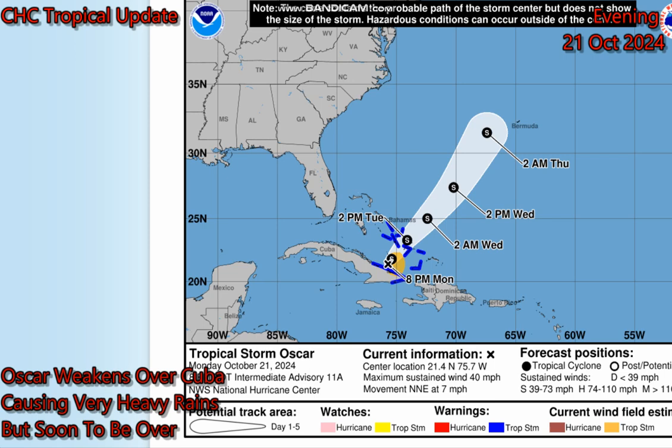And we do note that in terms of storm surge issues, coastal flooding issues, that will be receding and subsiding in the coming hours ahead for Cuba. We'll see some large, dangerous waves as we go through Tuesday for portions of the Bahamas. But again, we're not expecting any significant surge action there, as this will be a weakening storm. It'll strengthen slightly and then weaken as we get out through latter portions of Tuesday into Wednesday. So we're going to be watching